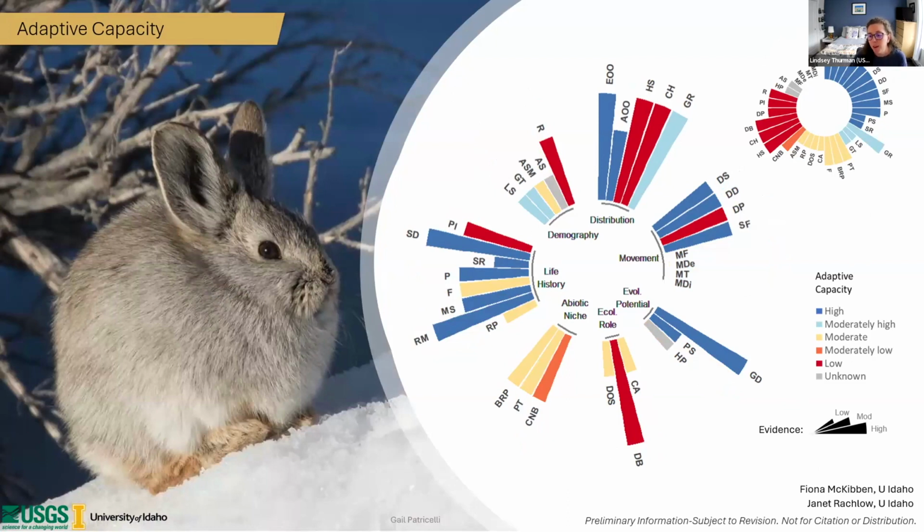So same setup here. And just one of the really interesting things that I take home from this assessment is that this is more of what I would consider a data deficient species, and that there are some really obvious information gaps that could be filled to support our understanding of the species adaptive capacity. And that is any and everything related to their abiotic niche. So their behavioral flexibility, their physiological tolerances, their climatic niche, and phenology, as well as their demographic traits. So quite a bit to learn from this species to support our understanding of its adaptive capacity.